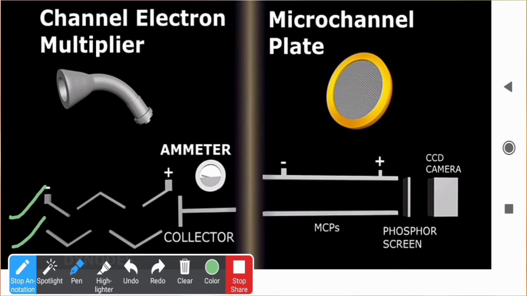Okay, PMT type of detector. Once one ion is incident here, multiple ions are generated, like 2, 3, 4, as such. They will travel, and a quite large number of ions get generated and accumulated at the collector. So we are going to get the maximum yield of the ions.